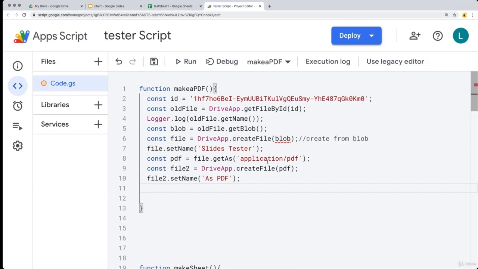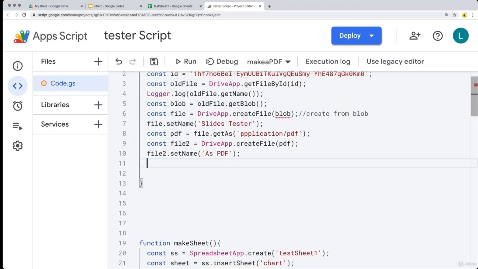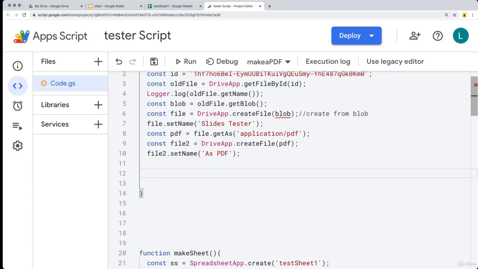So you can do it either way when you're generating the files. You can create it from a blob and let Google decide what type of file it is, or you can get the blob as a PDF and make sure that it is a PDF. One more thing before we conclude: if you want to email out the PDF,